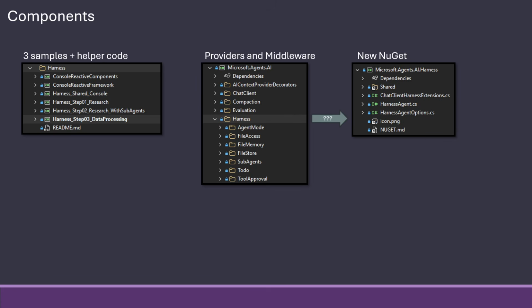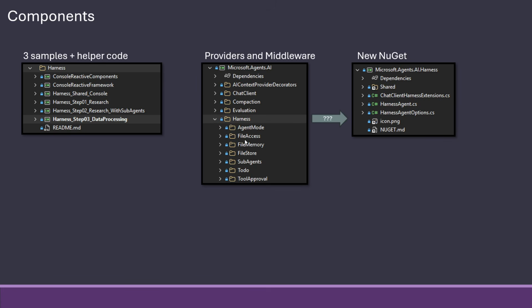Besides the sample data, which is the bulk of all this, there are some new things down in the Microsoft Agents AI package, which is under a harness namespace, where there's a bunch of new AI context providers and a little middleware. So there's things for setting an agent mode, plan mode, or execution mode, like you might know in coding agents.